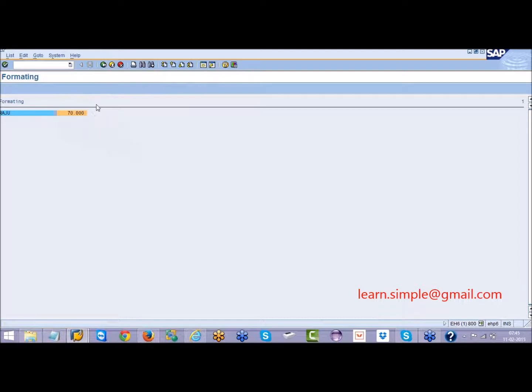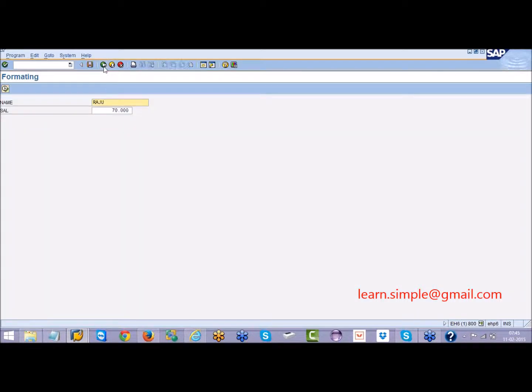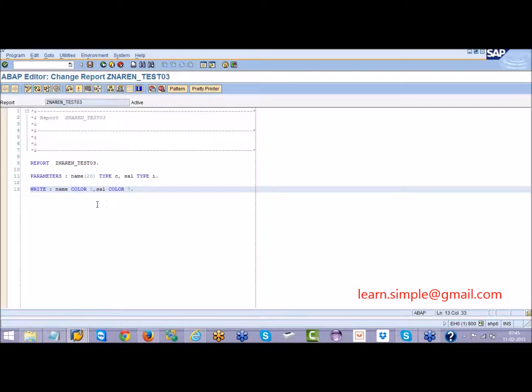Now my requirement is I want to display this 70,000 below the line of this Raju. I want to move into the next line. How can I do it? Always make use of slash. Slash is a new line character. So when you give a slash, whatever is available after the slash will be given to the next line.